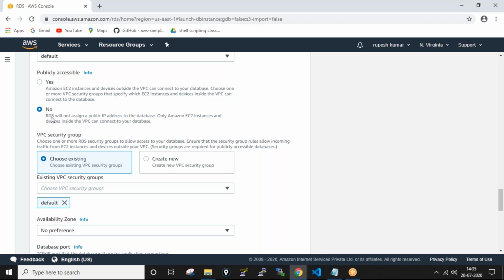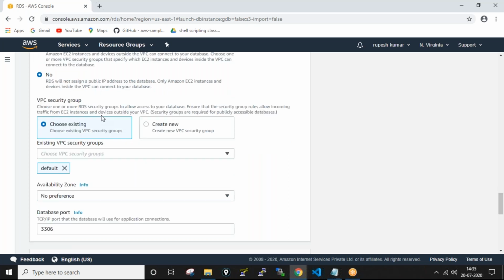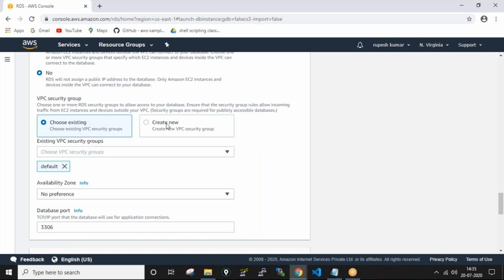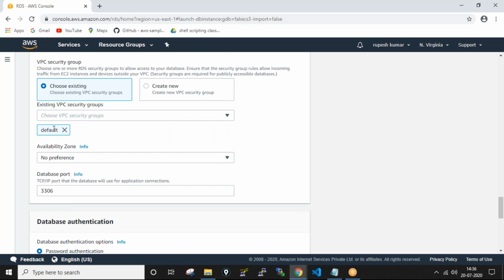No, nothing, so we have to select the option as no only. RDS will not assign a public IP to the database. This is what we need, so please select no only. And VPC security group: choose an existing group or create new. Let it take the default. Okay, the existing default only is taken.